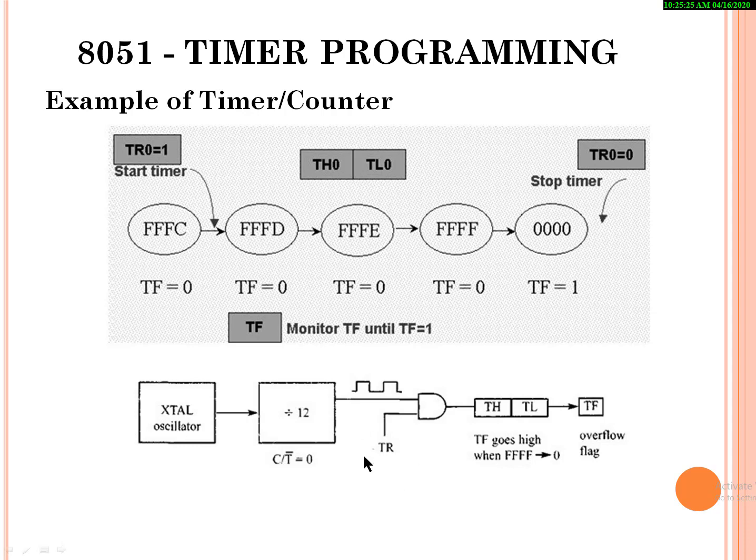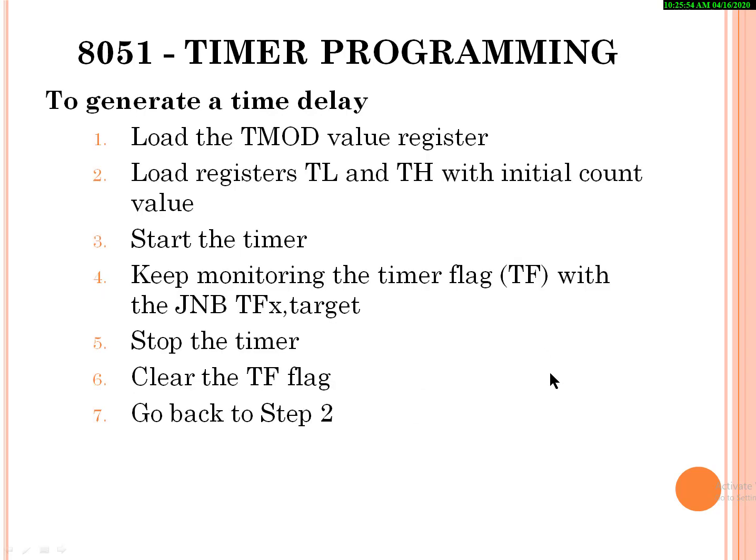The timer run control is used to enable and disable. So if we provide 1, we are enabling it. Whenever a clock pulse is received, the count is incremented. When the second clock pulse comes, the second increment happens. When it reaches the terminal value, the count value will roll over to the initial value. At that time, the overflow flag will be set, and it is updated in the TCON register.